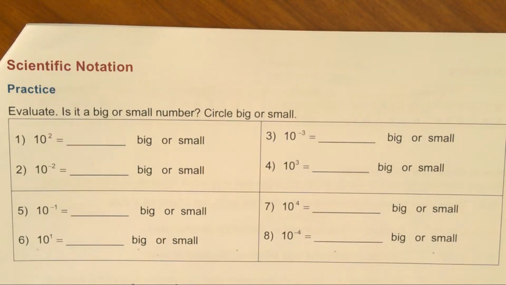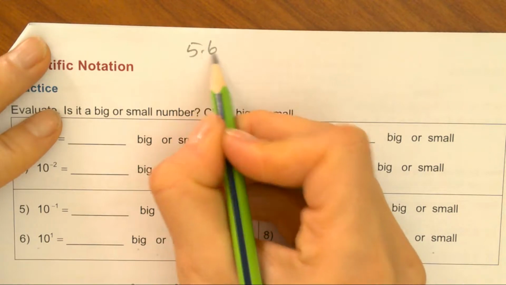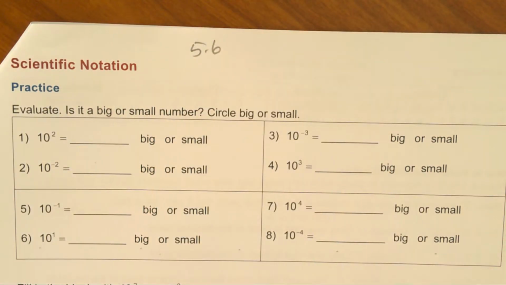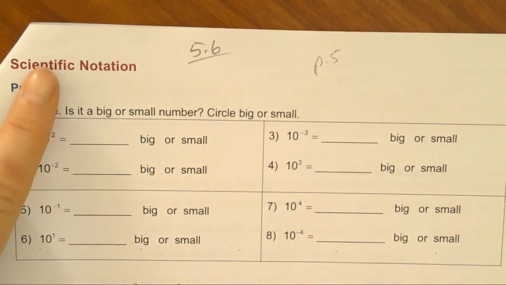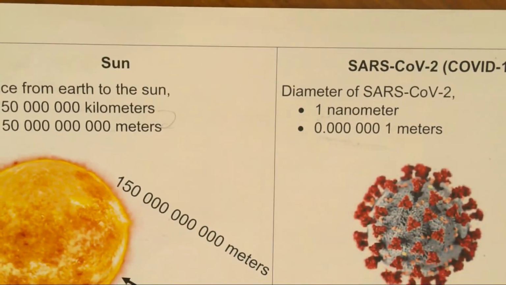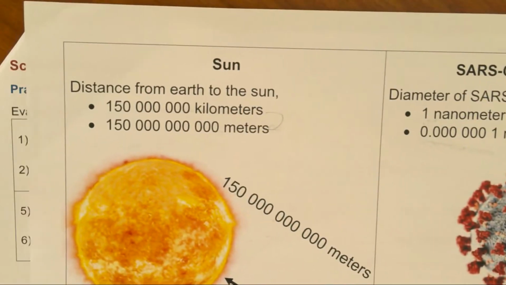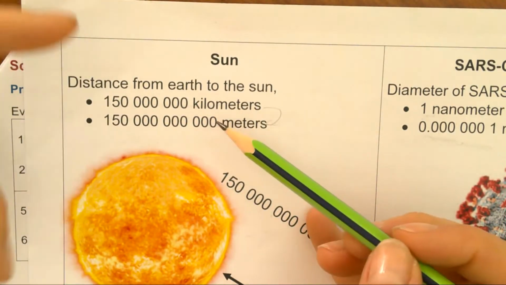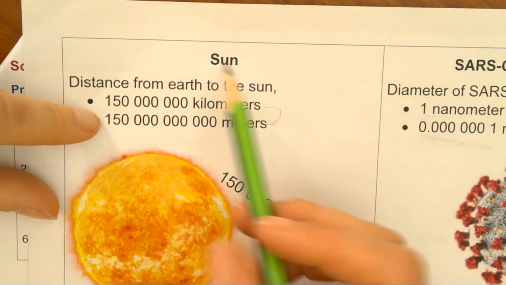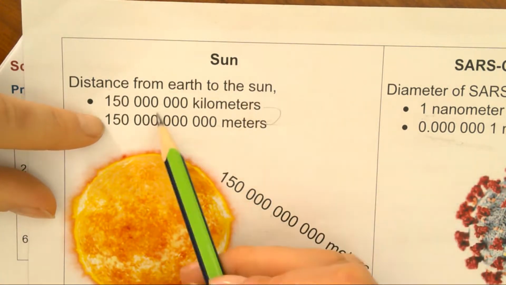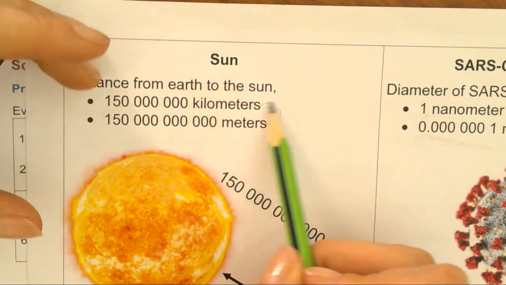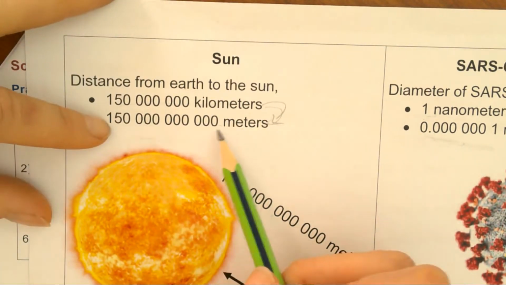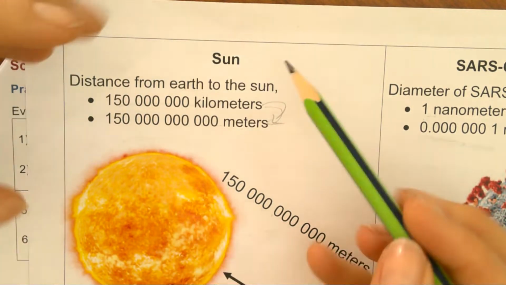Okay, so we're still doing book 5.6, Rules of Exponents and Scientific Notation, but now we're on page 5. Scientific notation. So what is scientific notation? It's what we do when we have really big numbers, we don't want to have to write all those zeros. If we look at the distance from the Earth to the Sun in kilometers, that's a really big number. And if I change it to meters, it's even bigger. That's a lot of zeros. So there's an easy way to write this